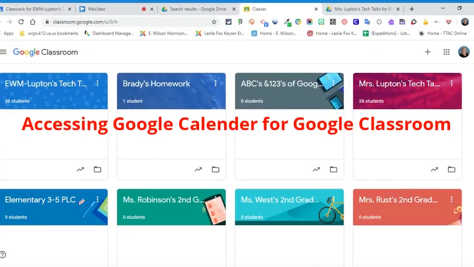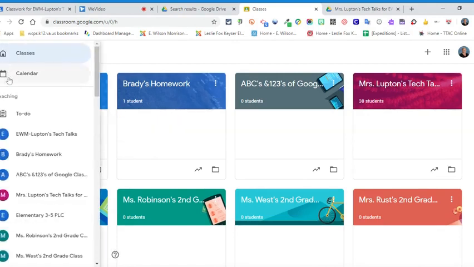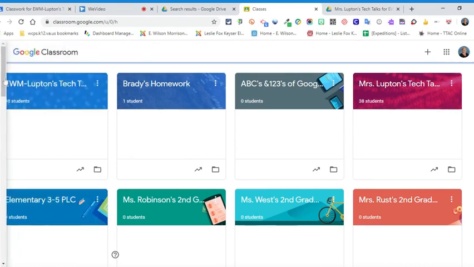Next, we will talk about the Google Calendar. Up at the top where your three lines are, if you click, you'll see where Calendar is. Calendar here will have all of your events that are happening inside of Google Classroom. If you click on Calendar,